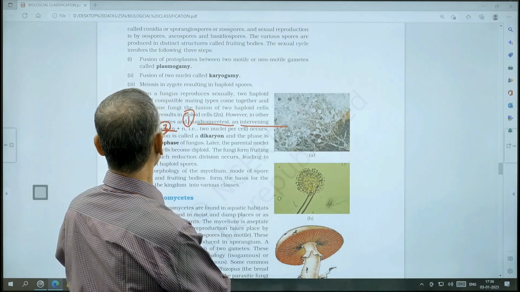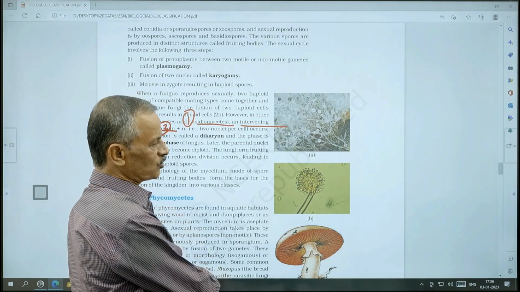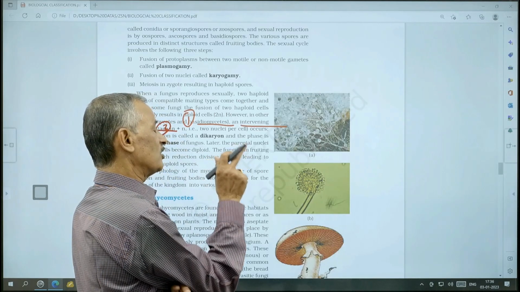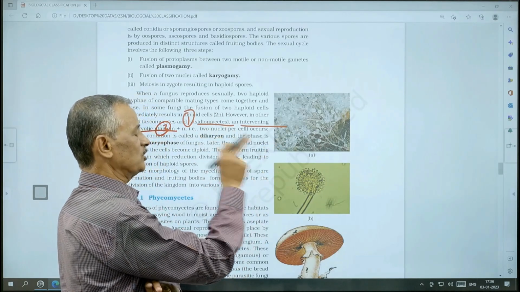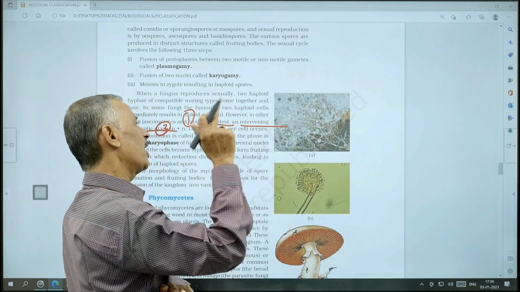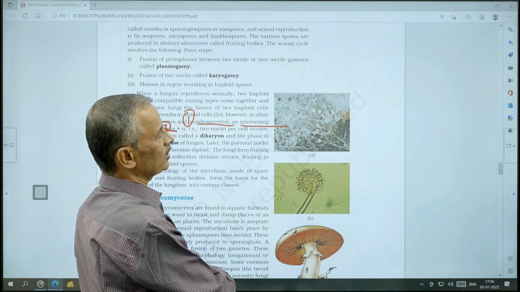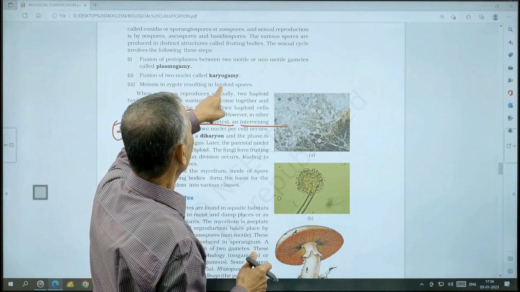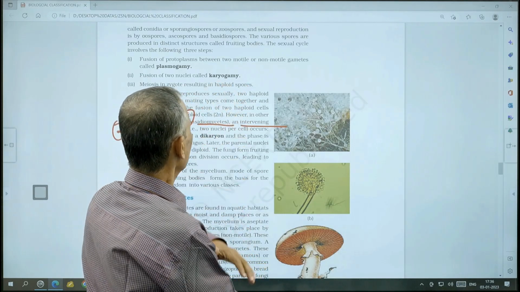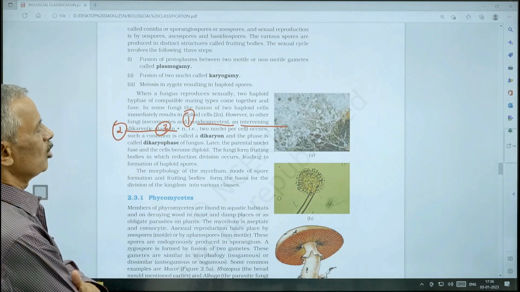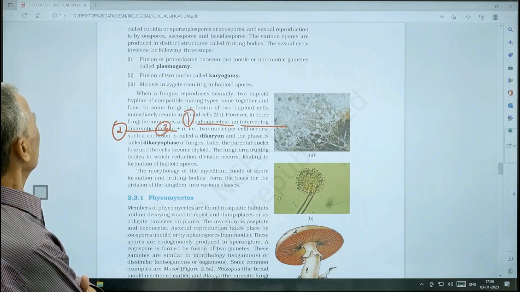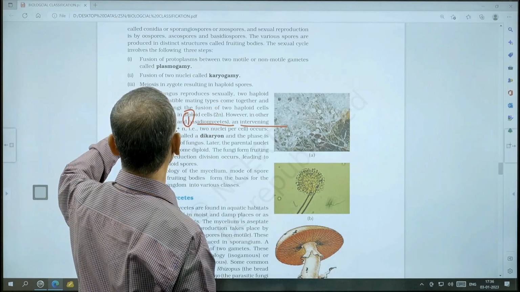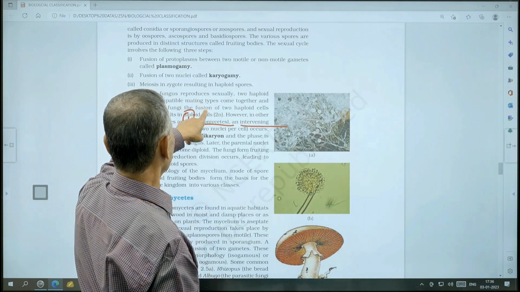And the third and last one: the zygote thus formed undergoes meiosis. Remember, I told you that is the main difference between plants and fungi. In fungi, meiosis takes place after sexual fusion. It is the zygote that undergoes meiosis. It is zygotic meiosis. So, meiosis in the zygote results in haploid spores. These spores grow out and thus you have haploid hyphae. Now, when a fungus reproduces sexually, two haploid hyphae of compatible mating type, that is matching type,